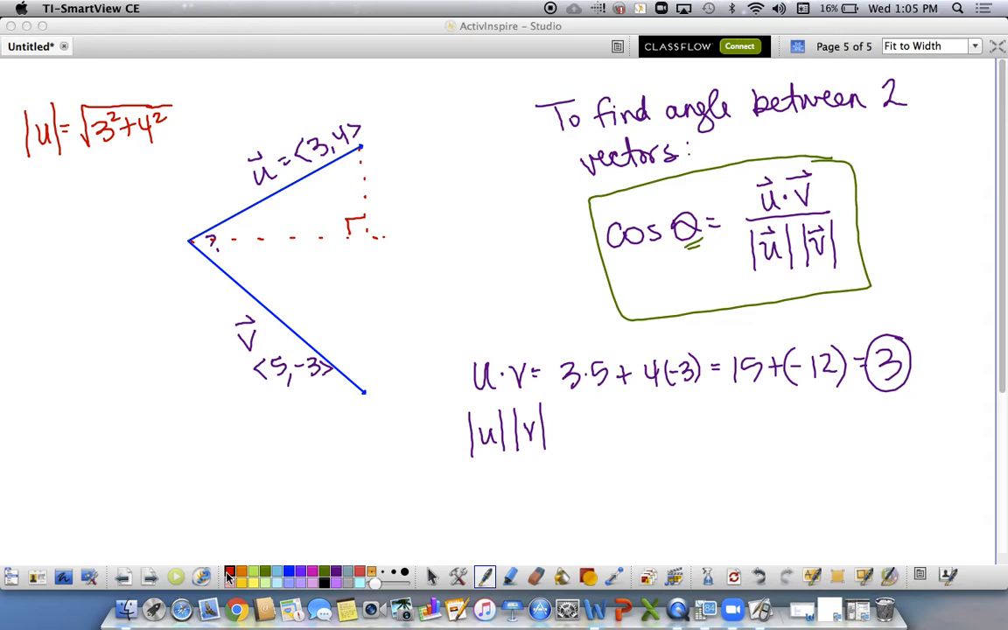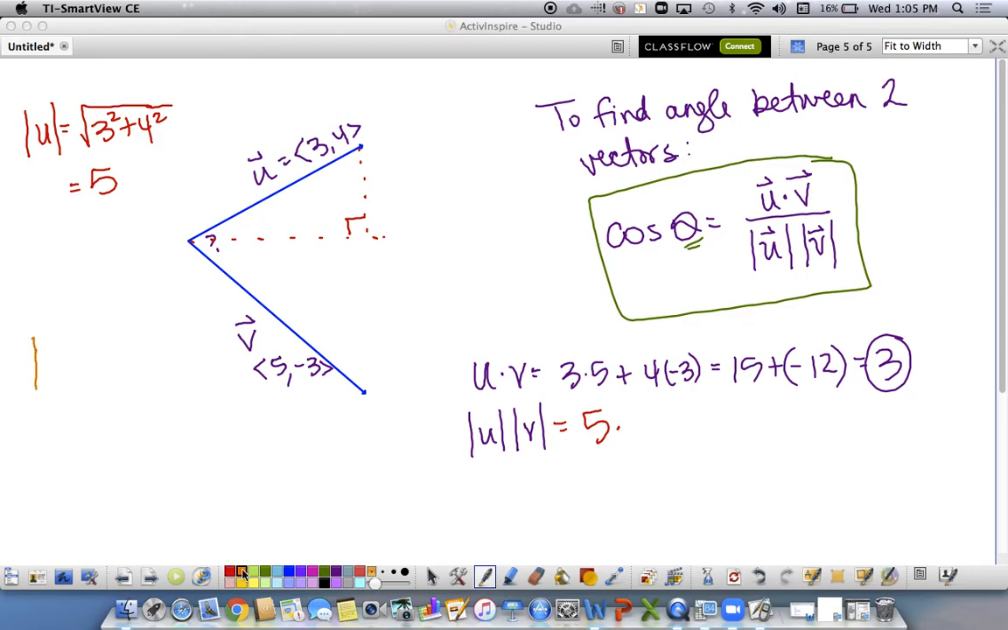And this is 3 and that's 4. Again, it's not drawn to scale. So 3 squared plus 4 squared, I believe that's 25. The square root of 25 is 5. So here I have 5 times